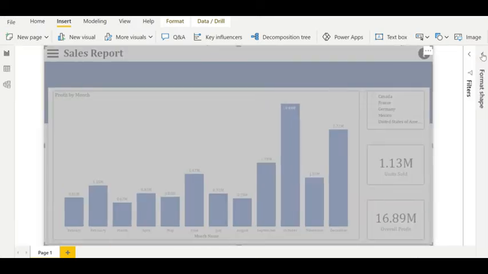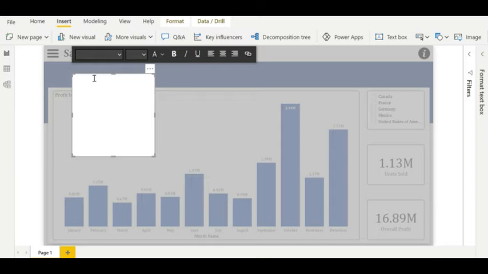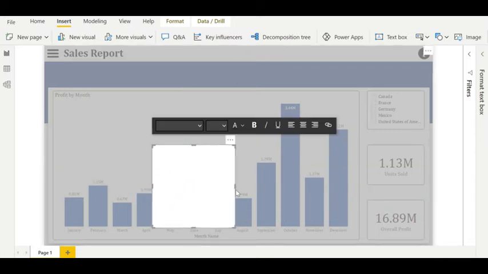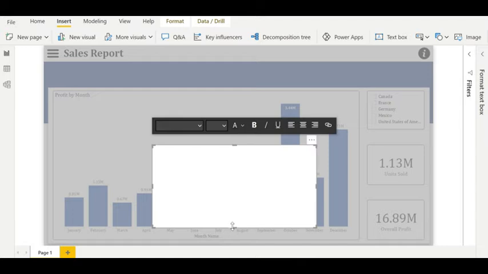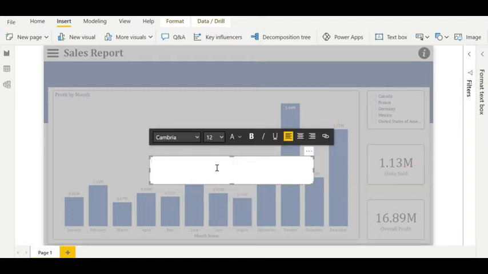Okay, now let me insert one text box showing how they can use the graph. This text box will be kept here like this. I will reduce its size like this. I will mention a comment like this: to see the units sold in each month, click on the bar graph.